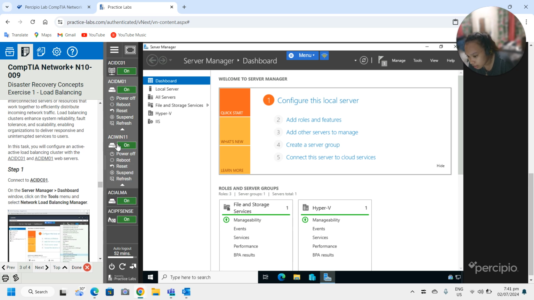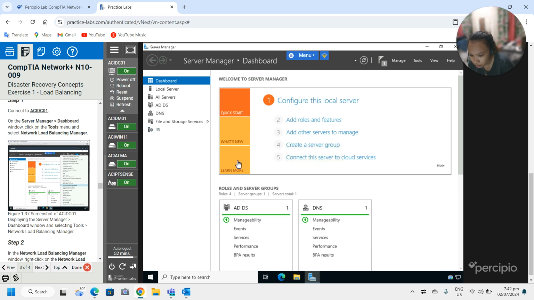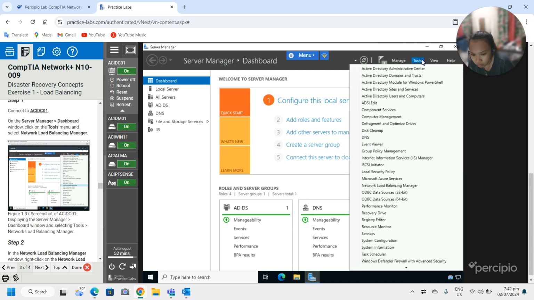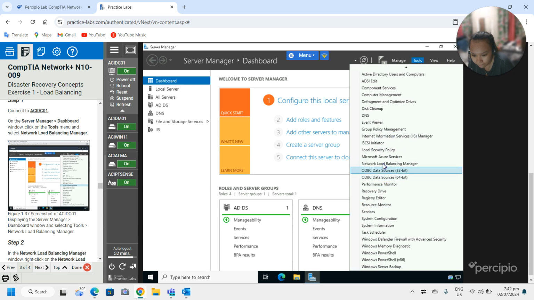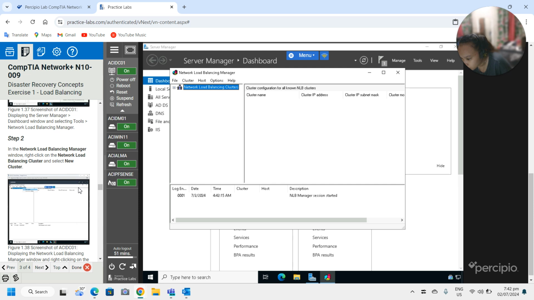Connect to ACID01. On the Server Manager dashboard window, click on the Tools menu. Again, on the Server Manager dashboard window, click on Tools, and then Network Load Balancing. Select New Cluster.